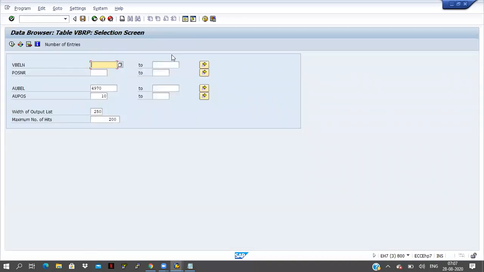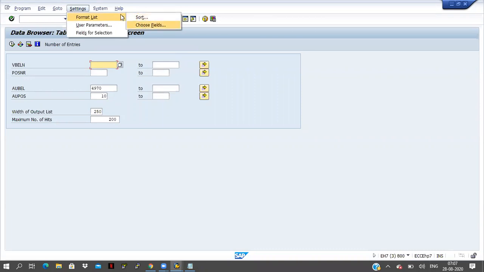I want to display only billing document number, billing item number, sales document number, sales item number and quantity. These fields only I want to display at the table level. So for that, click on settings button, and format list is there, and choose fields.